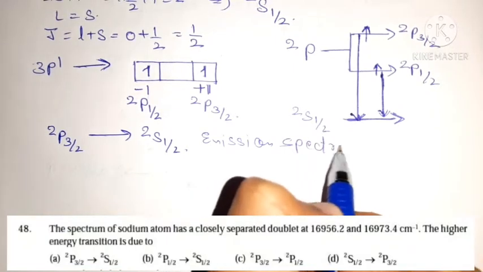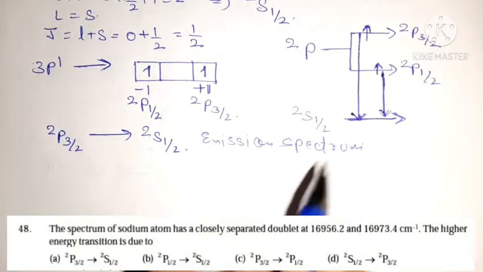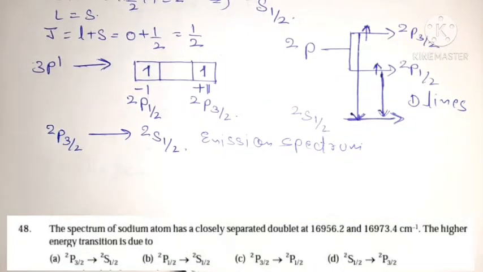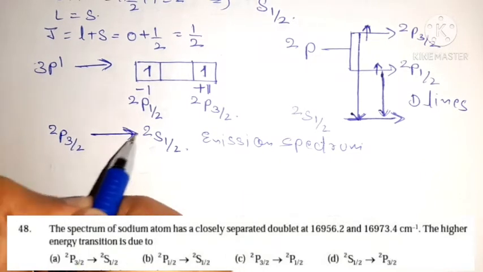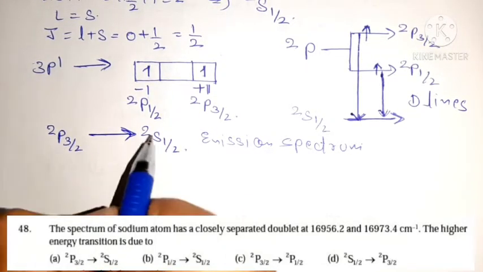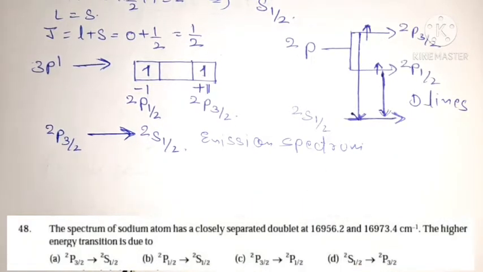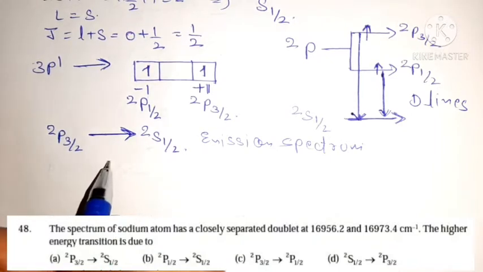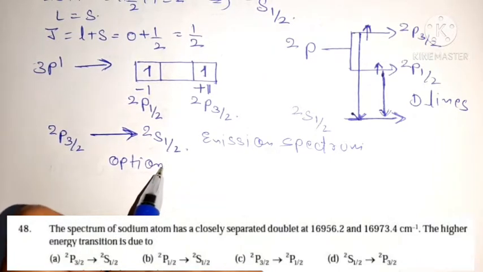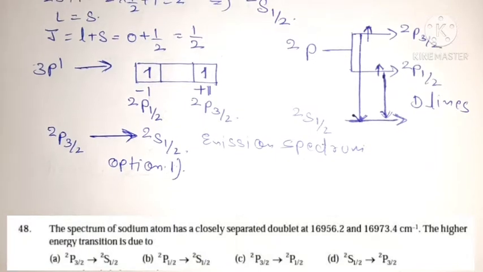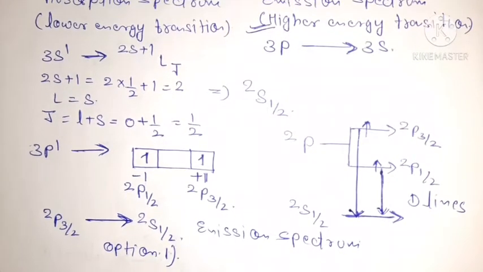These are called D lines. Remember friends, these are called D lines, the double lines. So emission spectra are observed due to transition from the 2p 3/2 excited state to the 2s 1/2 lower ground state in the case of sodium atom. So this is your option number first. See the right hand side corner, your option number first is the correct answer for this question. See once again the whole solution. It is a very simple question friends and coming for 2 marks. I hope you understand it.